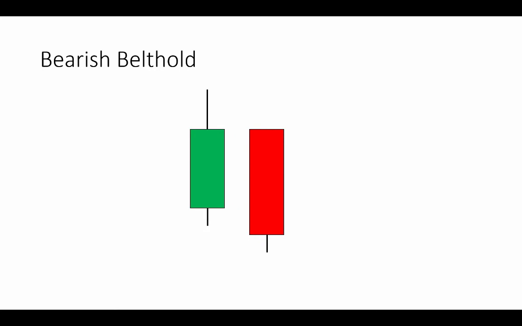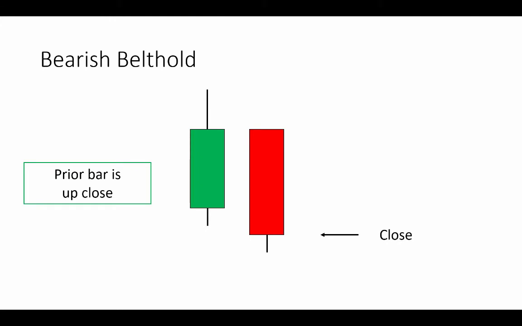So that is a bearish reversal preceded by an uptrend. So prior bar is an up close, current one is a down close. Again, we have a large body bar compared to the average in the look back period. No upper shadow and only a small lower wick. And the open here is at the prior close or above, again, subject to this one tick rule, which is